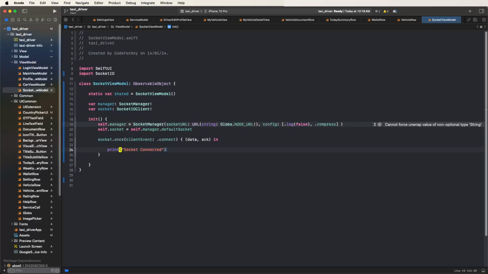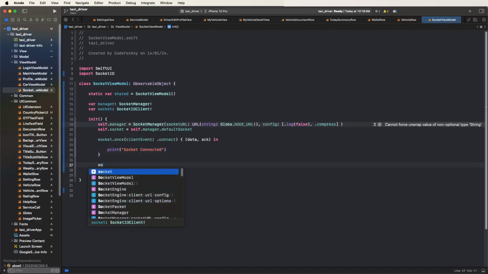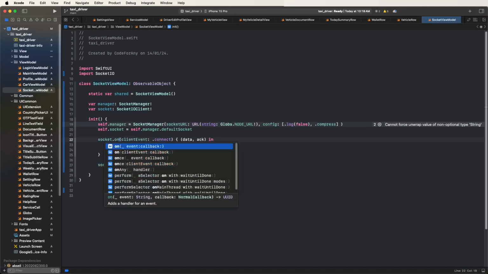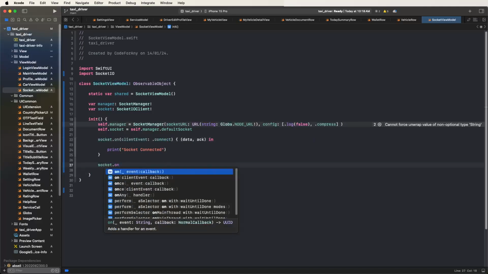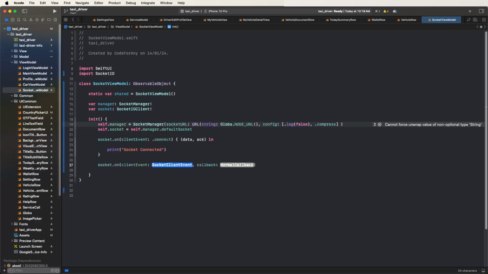If connect, then to get this message. And now we also need to write down here another socket, dot once method. We need to call the on methods like this, and in another on method we need to write the client and set the disconnect events, and we need to write down the acknowledge